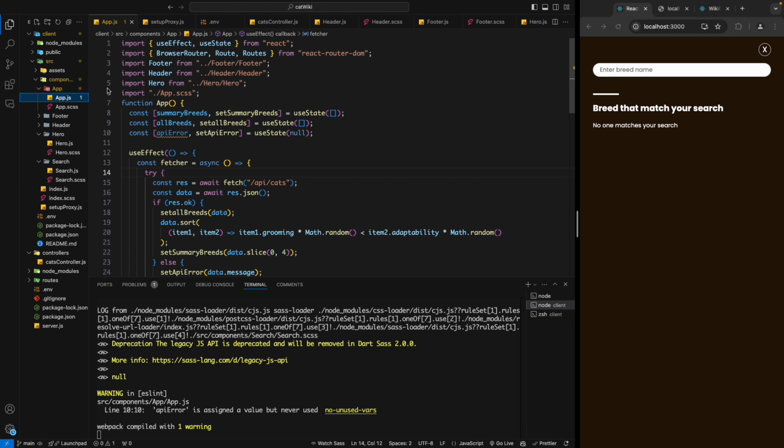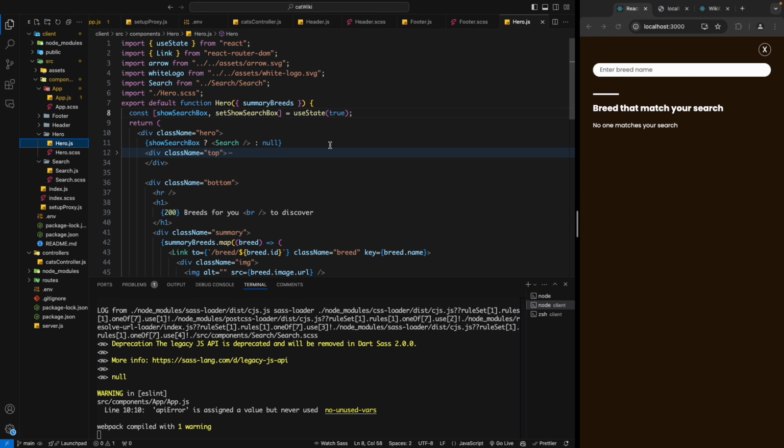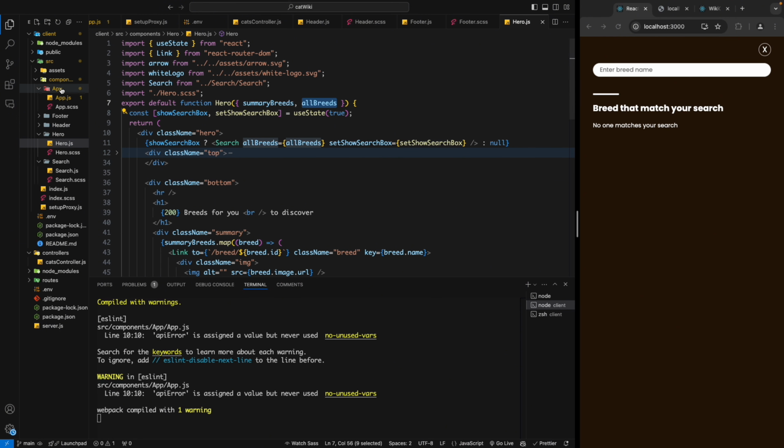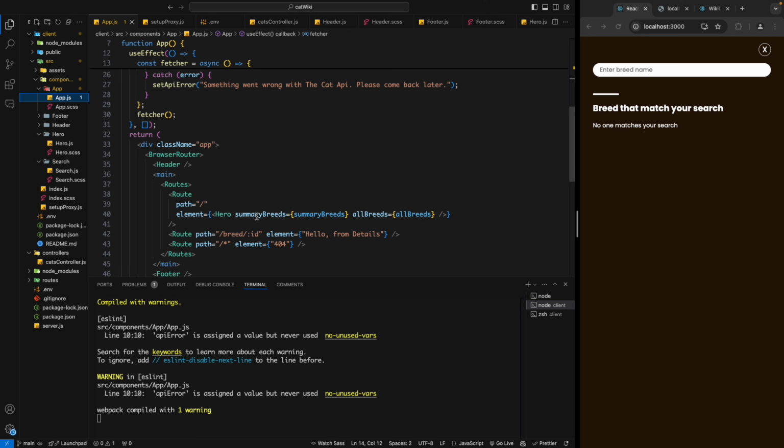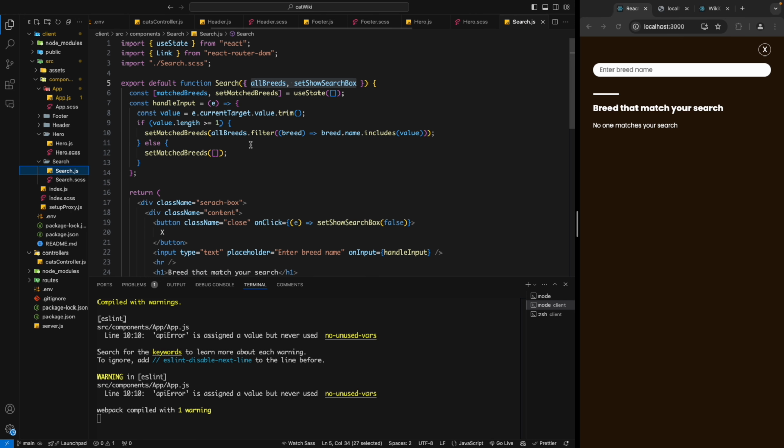No, it was a hero actually. Where is the hero? Yeah, here. So we are gonna pass the all breeds like this, and also this, and this all breeds is gonna be coming from our app component. So in the app here to the hero, we have already given it, so it's okay. So our search is gonna receive all the breeds and the set show box